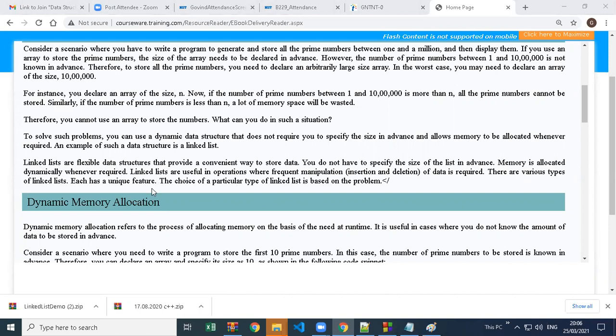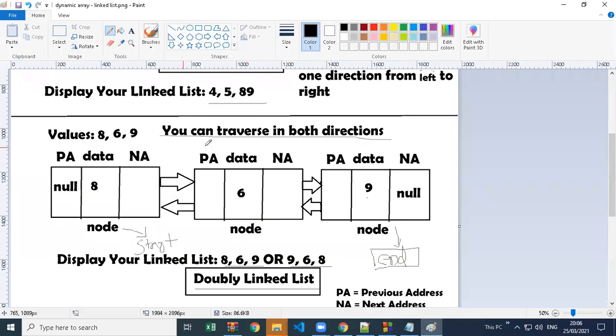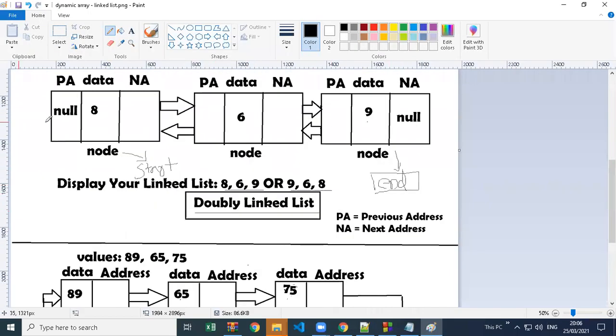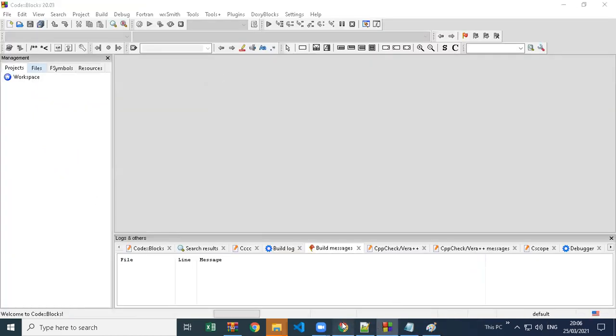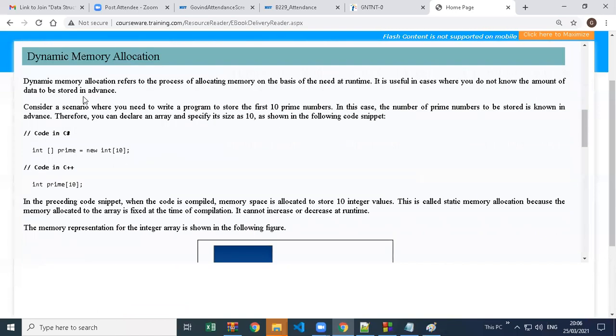There are some other functionalities, additional things which are not given in the book. They have just created a linked list and added some values. But we'll see different operations in this. We'll add a value, delete a value, and add values in different ways. So we'll try different options.